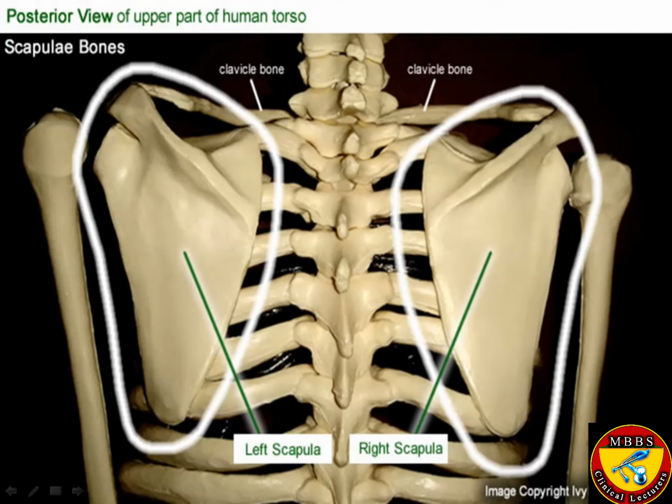These are the spines of the vertebrae. This is the vertebral column. This is the posterior view of the thoracic cage, and you can see a triangular bone present on the posterolateral aspect of the thoracic cage, which is called scapula, also called shoulder blade.